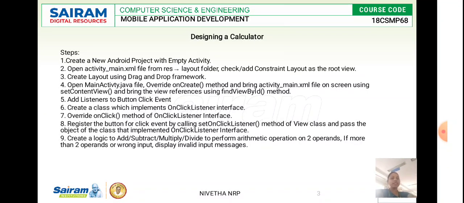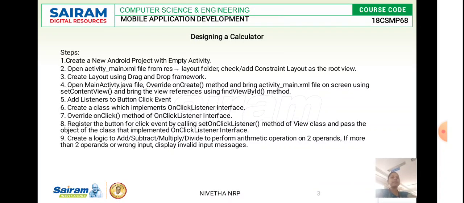That is where you register the button by onClick events: which numerals we are going to give, and which operations we are going to perform here. We are going to perform addition, subtraction, multiplication and division. To trigger it, you give it to the onClickListener interface, and you create an interface for each and every button, and we implement that in our application.